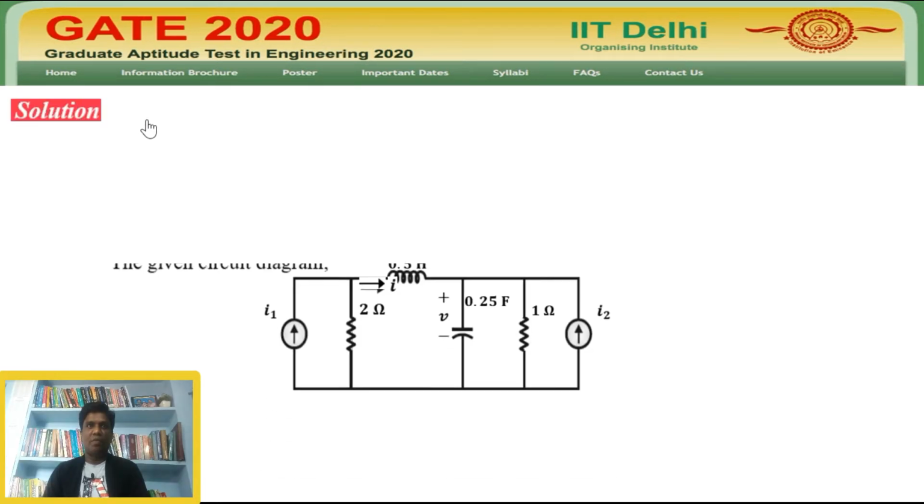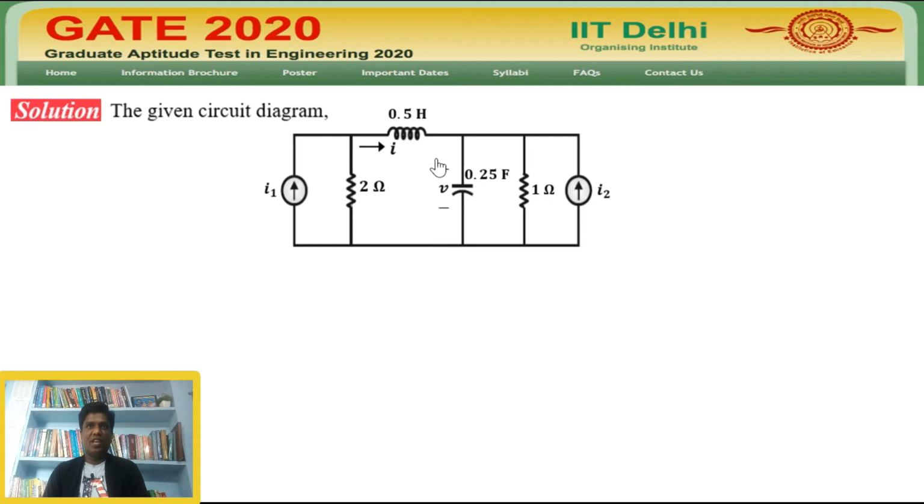The solution of the problem: from the given circuit diagram, we have to assign the voltage node and the current direction in order to write the derivative terms of the voltage and the current expression for the state equation. In this circuit, the current I1 is originating here. This I1 current has a possibility to move in two directions. The first one, the current through the inductor is I1. This notation is already given in the question paper.